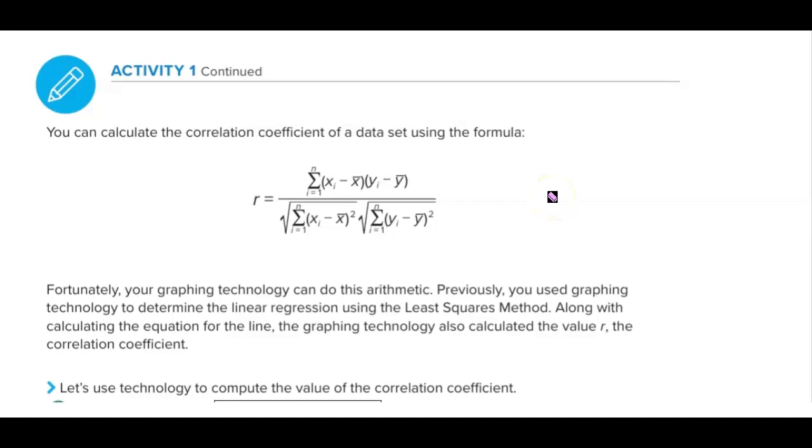The formula for calculating the correlation coefficient, or R, is on the top of page 148. Fortunately, a graphing calculator does this calculation so that you don't have to. So when you go to